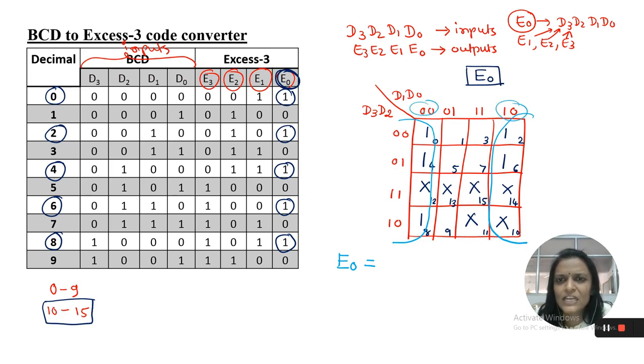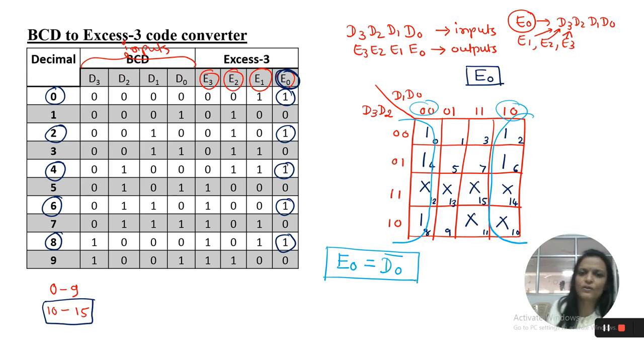So D1 changes from 0 to 1, so again it will be eliminated, and D0 remains the same, 0. So the output is D0 dash. So E0 is equal to D0 dash. This is my expression of E0, that means I will obtain E0 by using the D0 dash value.